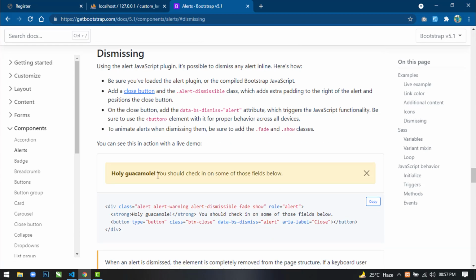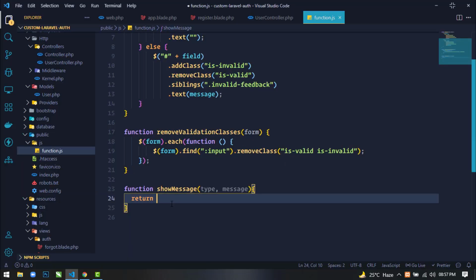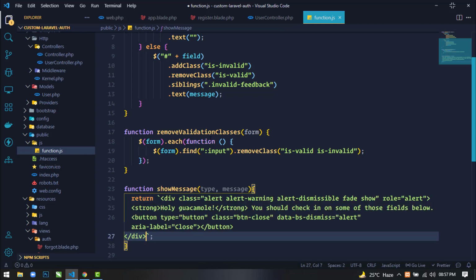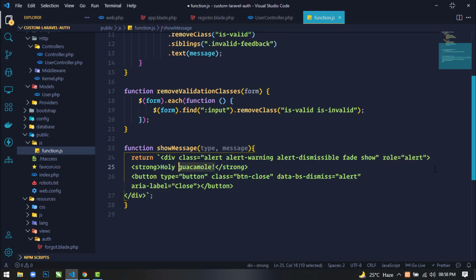So just copy this one, and in return I will use backticks and paste. Just remove this message and this message in strong also. Here we will display the message, so just use message, and for alert warning, here we will display the type.